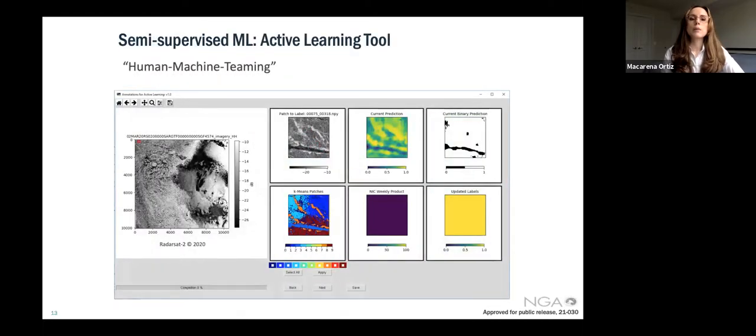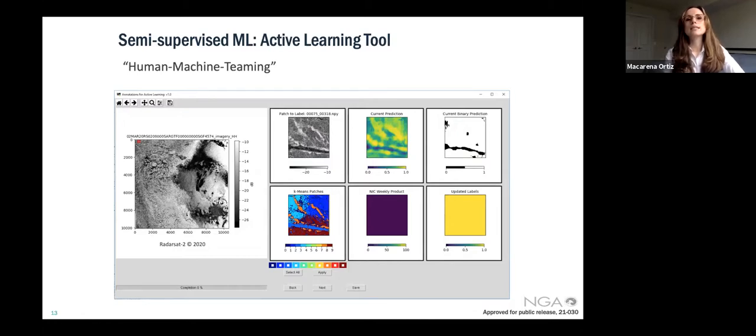All right, so I wanted to briefly touch on a new project that we just started to develop at NGA with the NIC. And we found that altogether, the US NIC finds the automated ice maps quite useful, but they really want more control over the machine learning models. For example, they would like to do retraining on the fly.